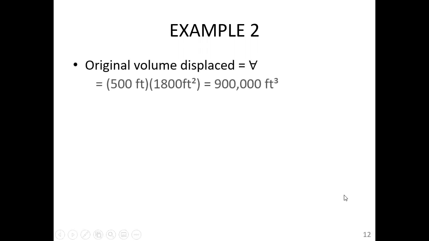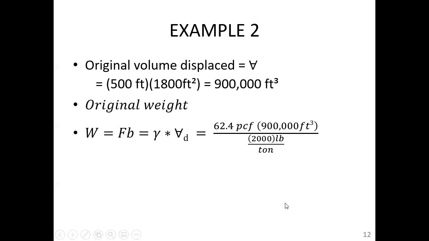So the original volume displaced is the 500 feet of length times the 1,800 feet below the water line. And so that's 900,000 cubic feet of water displaced by the ship before you added the 400 tons. And remember, this is a floating ship. So if we multiply that volume displaced by the specific weight of the water, we now know the original weight